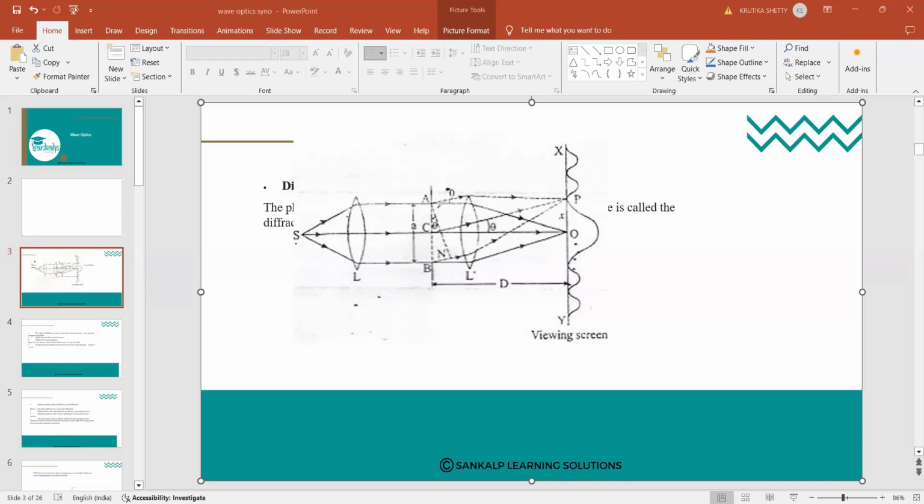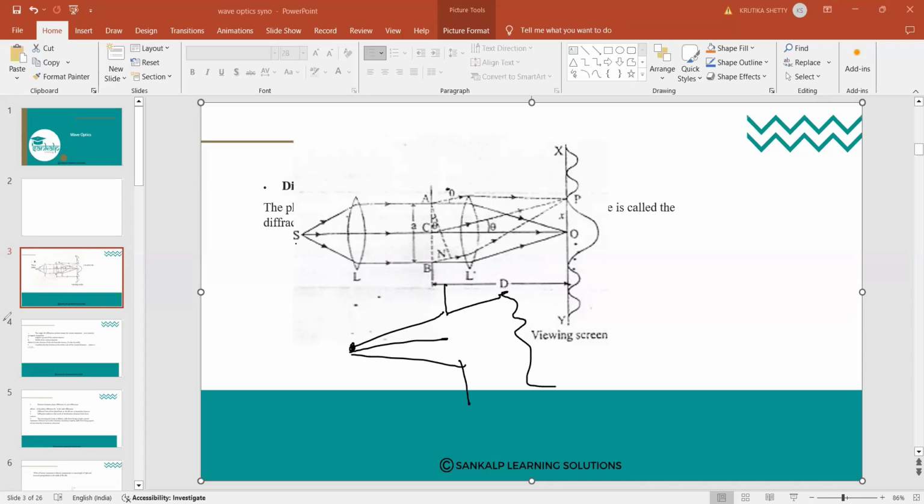Okay. So the diffraction pattern is observed on the screen, which is placed at the principal focus of the converging lens L2. So here we are placing a lens L2 for our observation. So for the observation to happen neatly, we are placing one more lens L2 here. So first there was the L1 lens, next there is the L2 lens. So you should know that there is the source, and when the light from the source falls on the slit, we are getting the diffraction pattern.